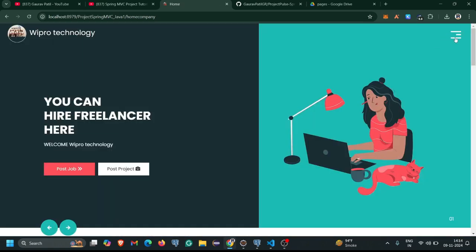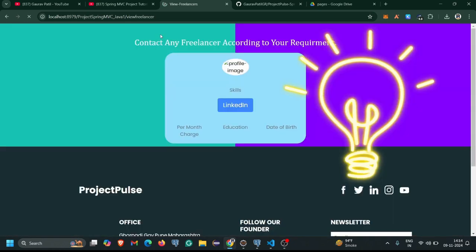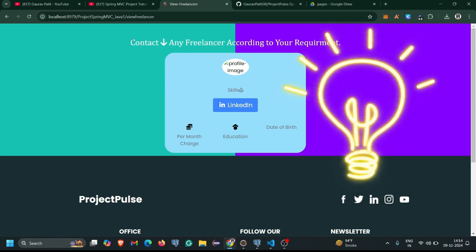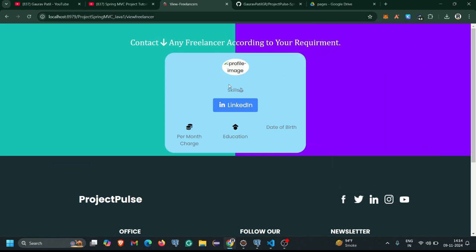Here you can see I just log into my company module, and whenever I click on the hire button, you can see this interface opens, where you can contact any freelancer according to your requirement. This is the profile, skills, LinkedIn, and all these kinds of things. Now we have to show all the freelancers here